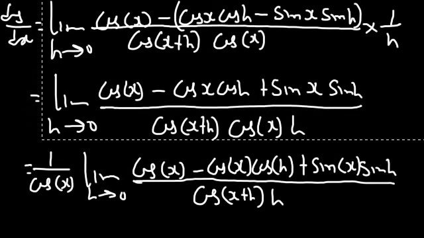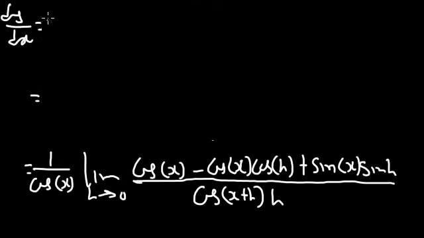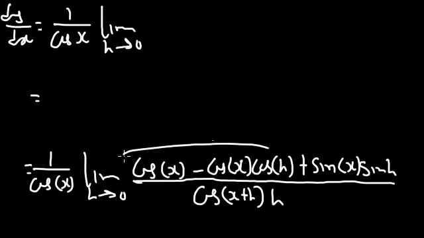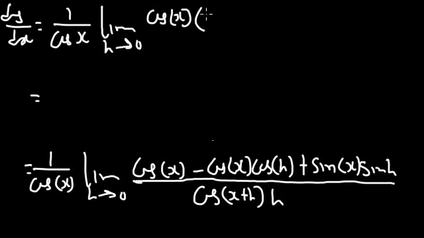Now we can continue. We now have dy/dx equal to the limit. We have taken something out of the limit, that's 1 over cosine x, times the limit as h approaches 0. Now, for this one, let's factor out cosine x. Then we have cosine x, then the bracket will be 1 minus cos h. After taking cosine x outside, we have 1, and cos h. Perfect. Then divided by